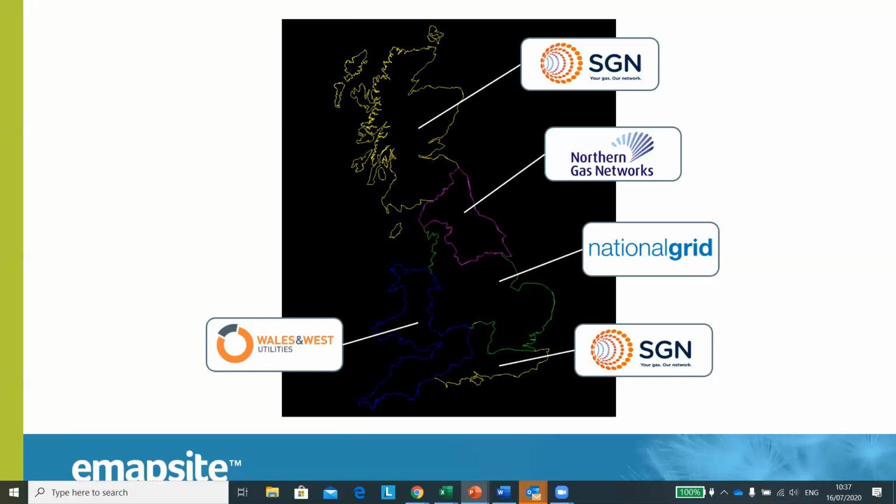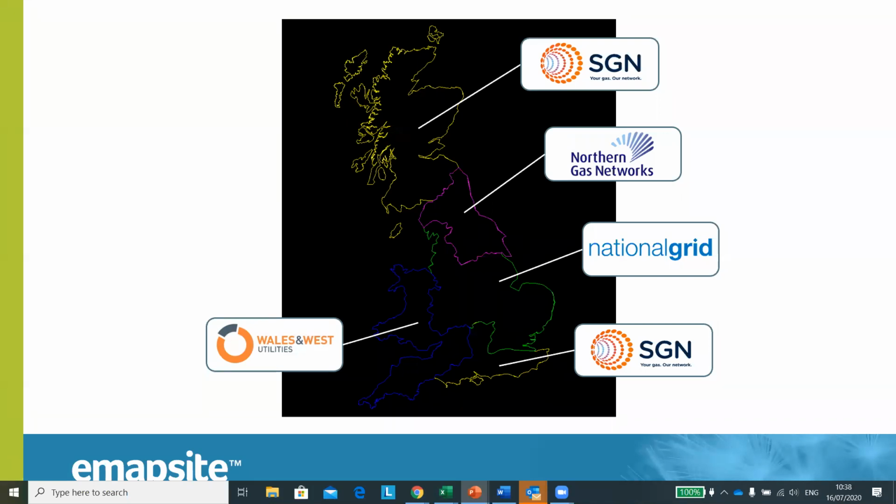Then you have National Grid, who were once responsible for the entire network, but they sold a number of their regional networks to the company shown here, and are now only responsible for networks in the northwest of England, the east of England, the West Midlands, and London. And then finally, you have Wales and West Utilities, who are responsible for gas across all of Wales and then